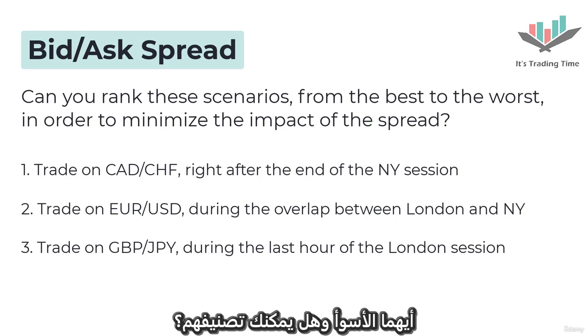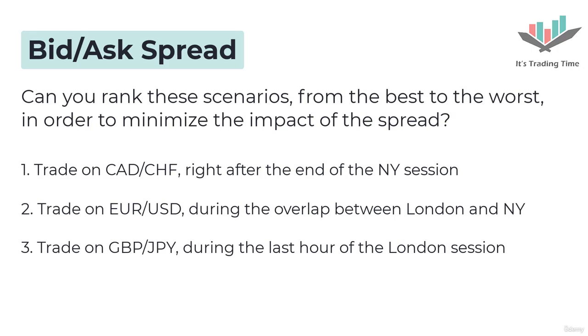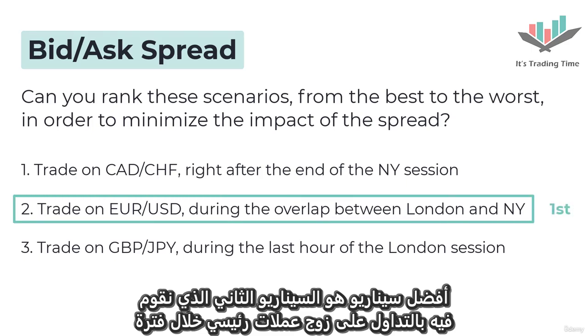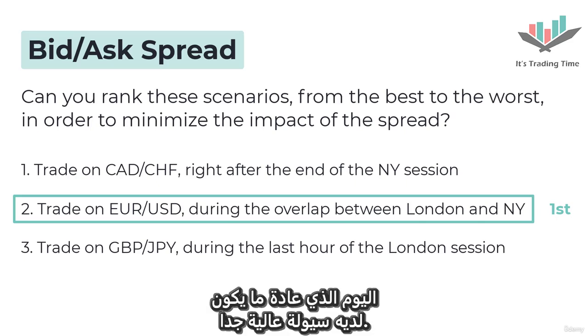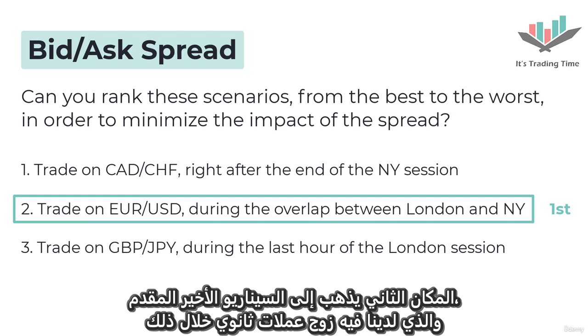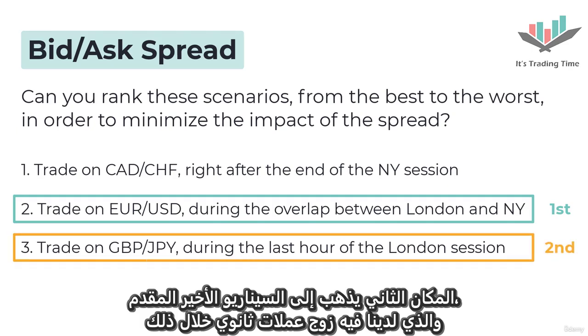Which one is the worst? And can you rank them? The best scenario is the second one. We have a trade on a major currency pair during a time of the day that usually has very high liquidity. The second place goes for the last scenario presented, in which we have a minor currency pair